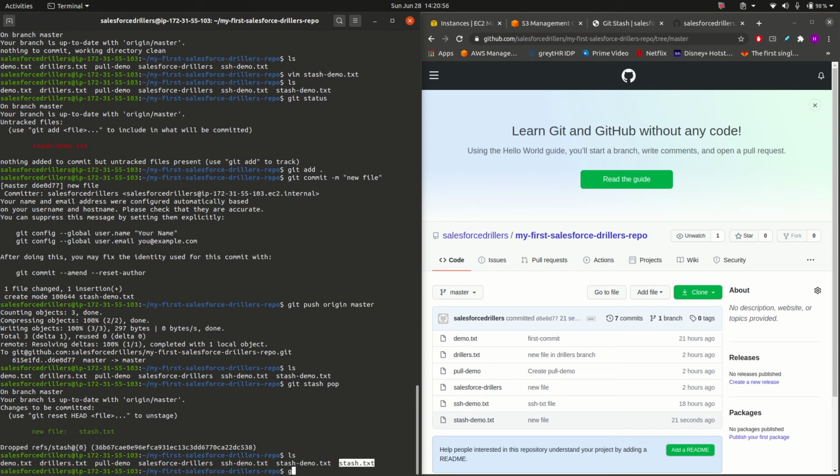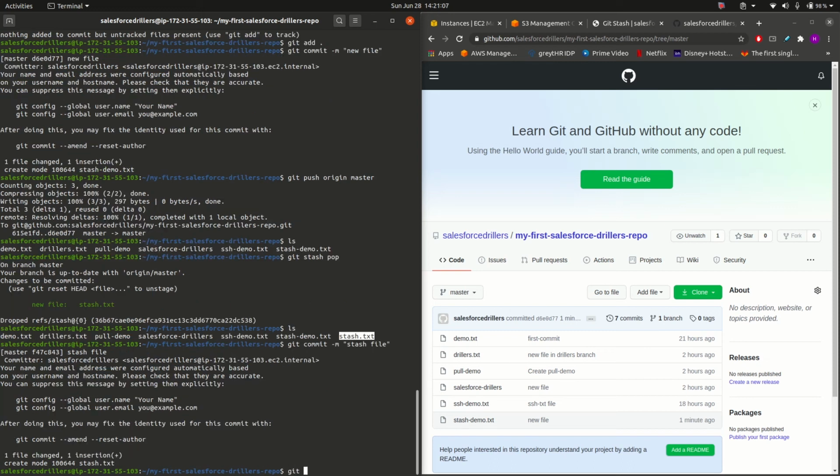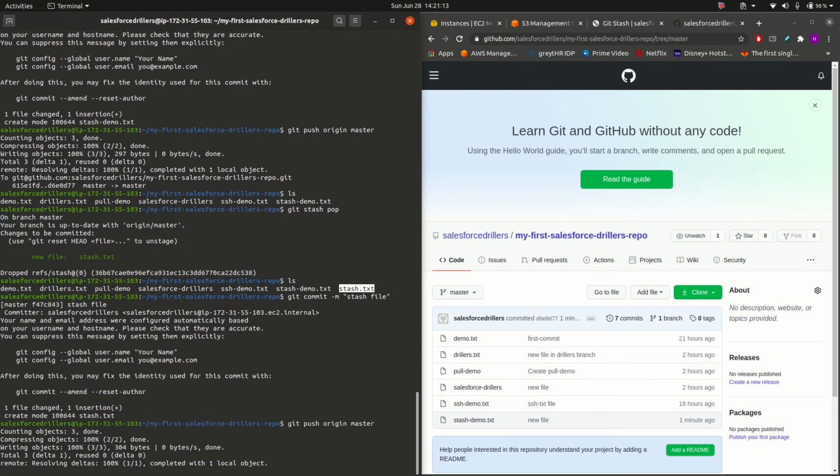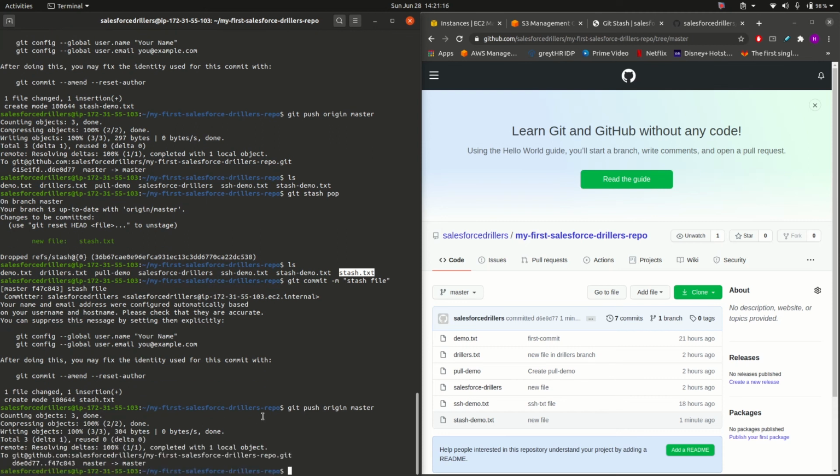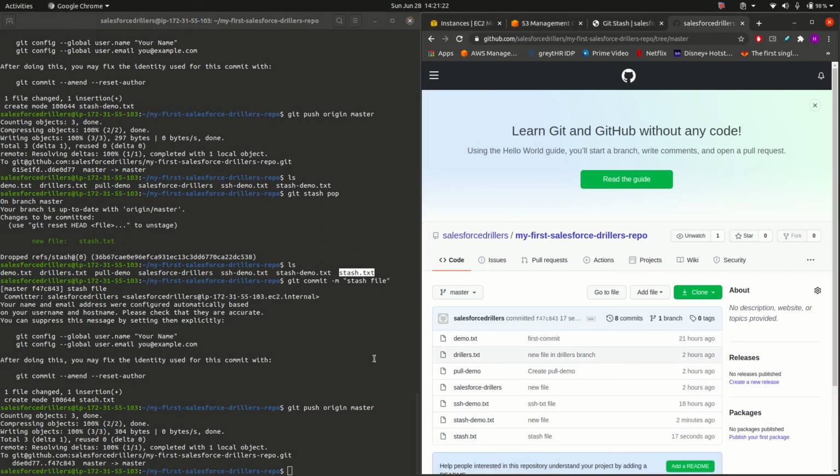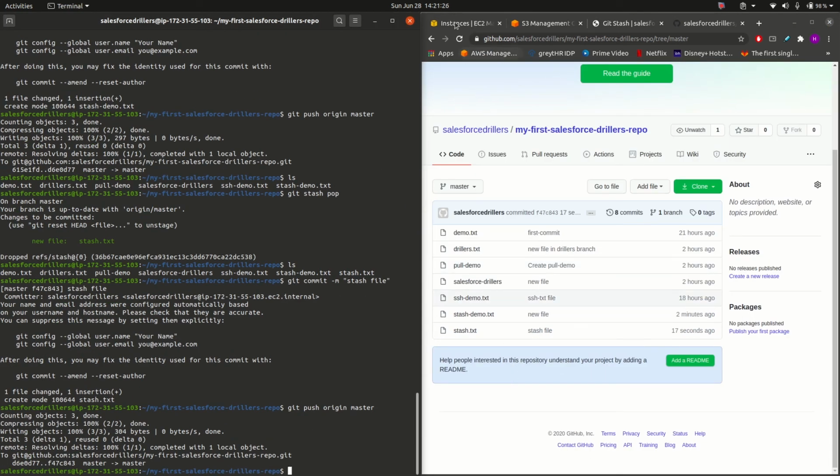So let us commit this file, git commit -m stash file, then git push origin. As we can see, this file that we stashed previously is now committed to our local system repository and then it has been pushed to the remote system repository.